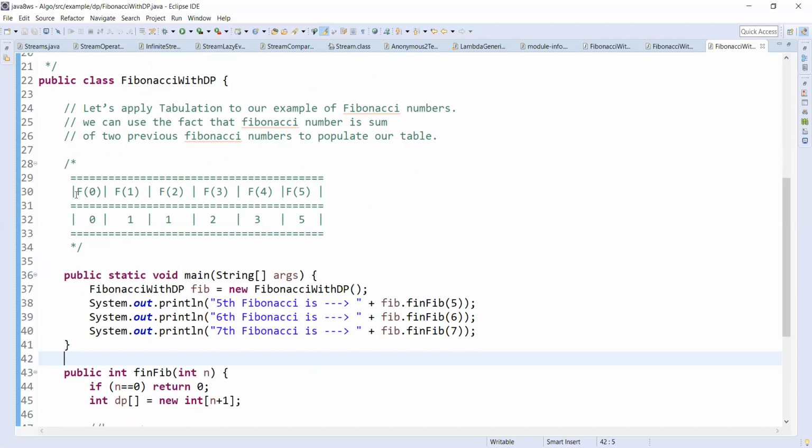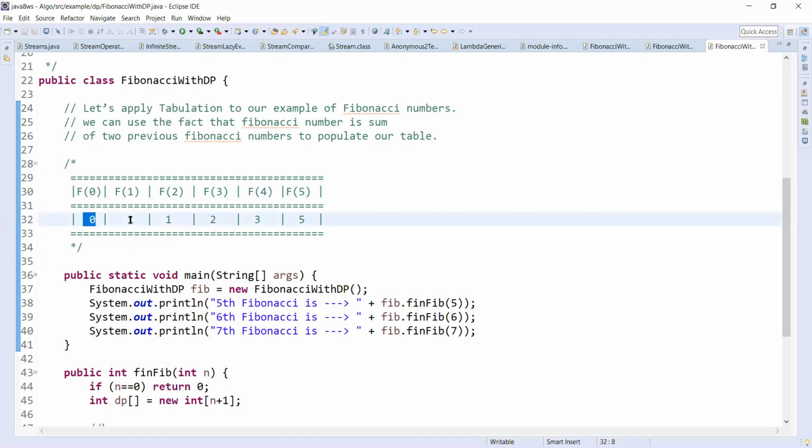Okay, so coming to the base. For every dynamic programming problem, as we saw in the recursive method and the recursive with memorization method also, we have some base condition. Here also we have the base condition. So our overall table looks like this. f of 0 is 0, f of 1 is 1. When populating f of 2, we use f of 0 and f of 1. So f of 2 is nothing but f of 0 plus f of 1.